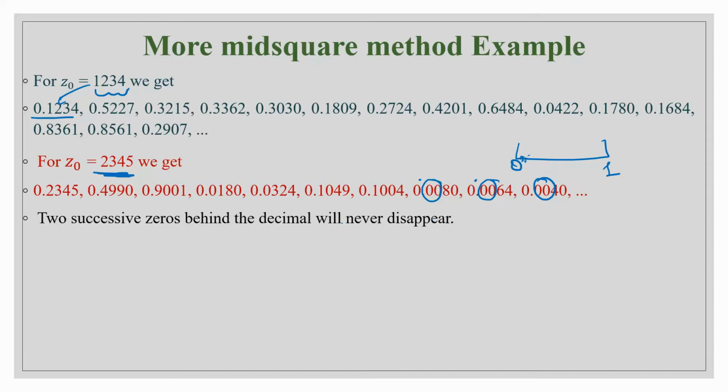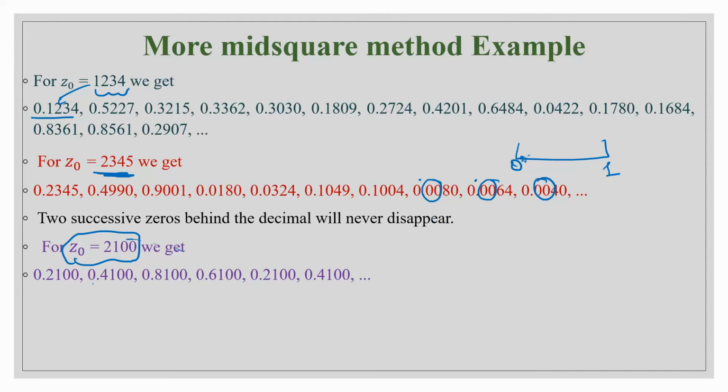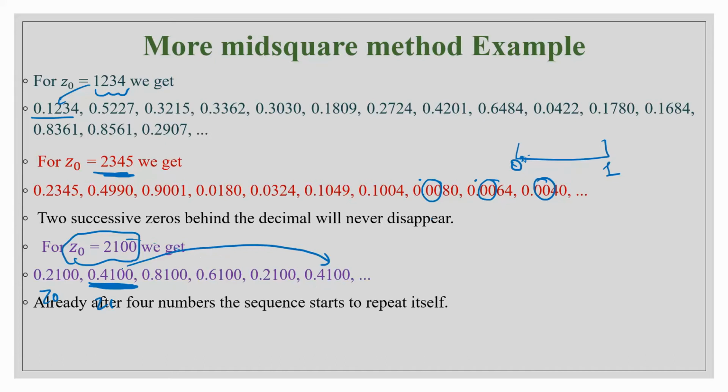So these methods have many limitations. Again if I choose this as my seed value, you will see that it repeats itself. This is my z0, this is my z1, and this z1 is getting over here. So for this the cycle length is very small. It is generating only 4 numbers, because this one is already given by us, and then it repeats itself. That means it has a very small cycle length. These are the limitations of the mid square method.